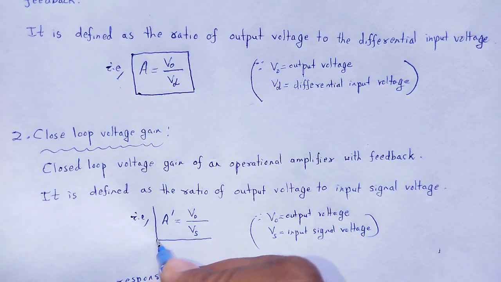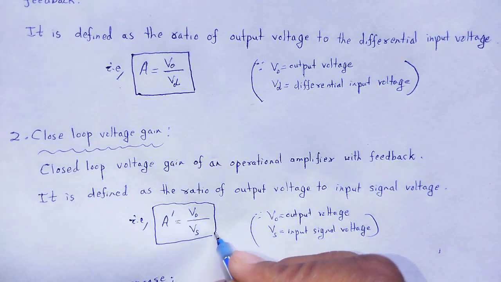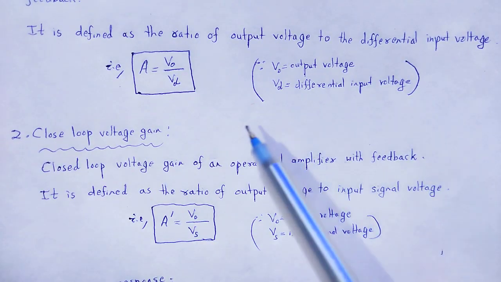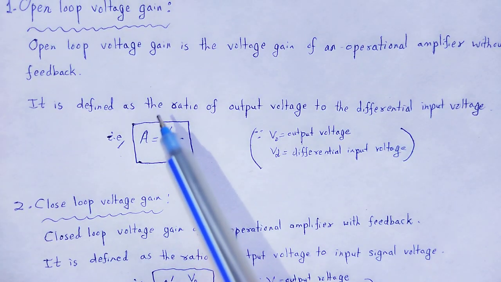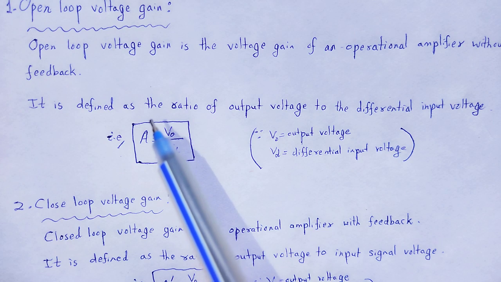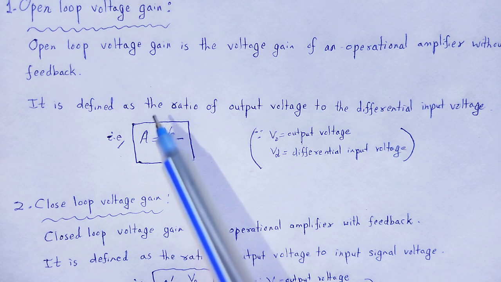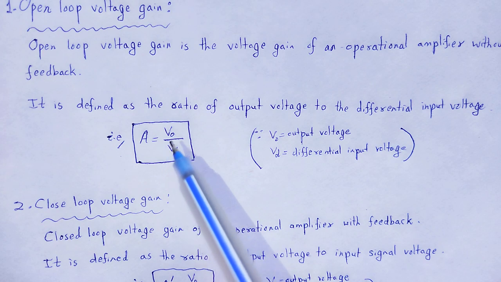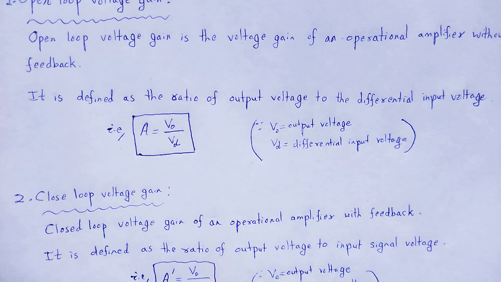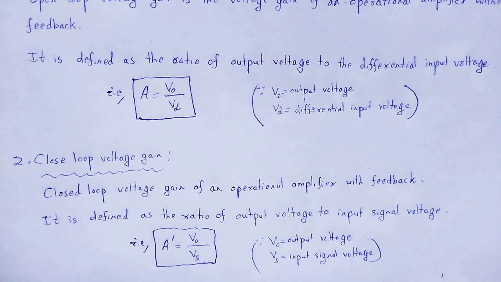Closed loop voltage gain. In case of open loop voltage gain, A is around 10 to the power 5 to 10 to the power 6, which is too high. Next,